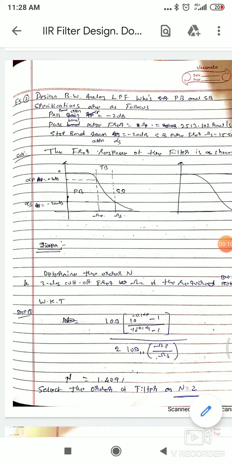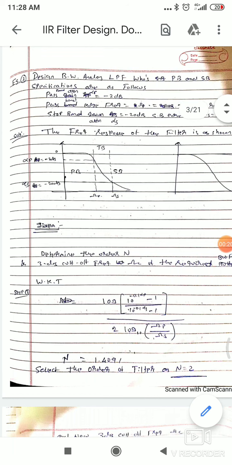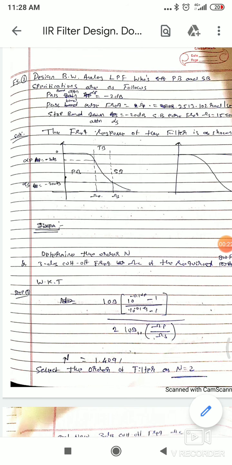Right, so we'll take one complete example. Actually, I solved some more examples in the notes, but I'll take only one full example here. The example is: design a Butterworth analog low pass filter whose pass band and stop band specifications are as